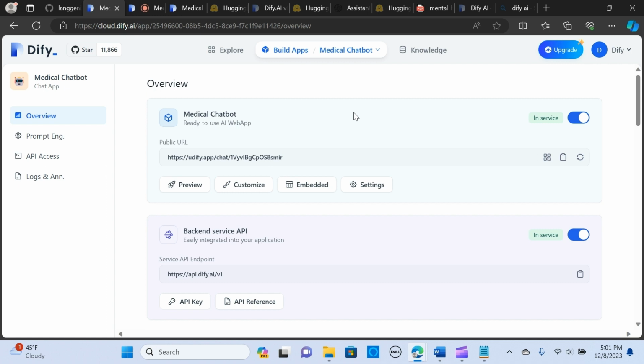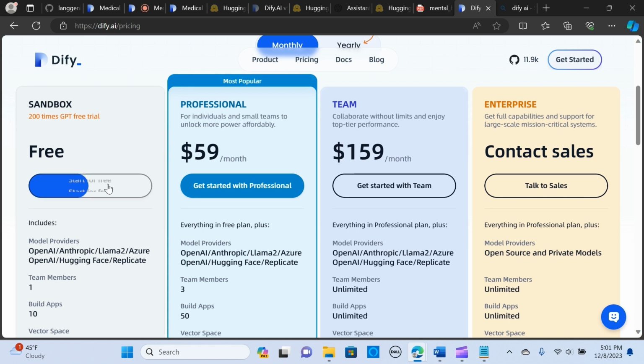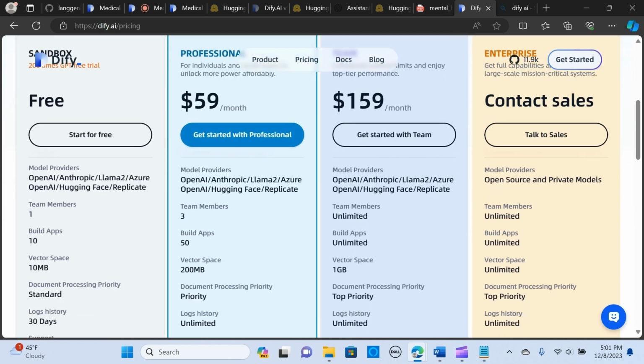You can just go through this and play around with it. They have several use cases. For the pricing, they have the free option that runs on the sandbox, and you can start the free trial.